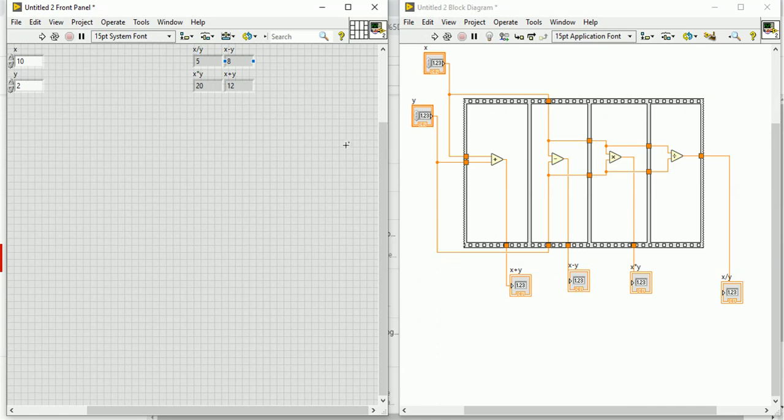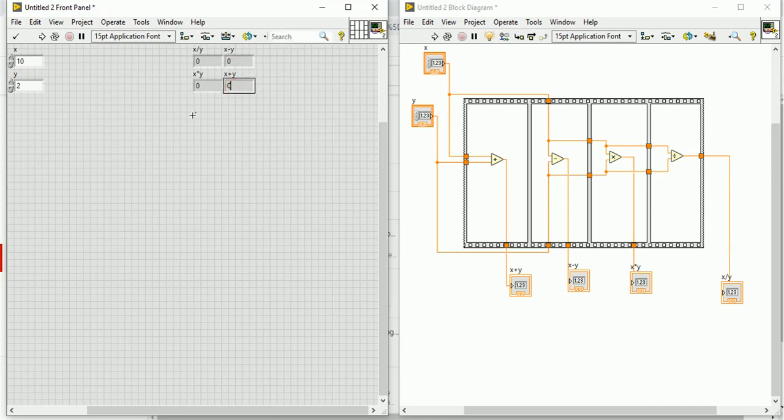But if you want to see it in the highlight execution option, then only you can understand each sequence is performing one by one. That means this plus operation is performed first, then minus, then multiply, then divide. Okay, now let's see. I just turned on this highlight execution option, and then I will clear this 0 so that it will be good to understand which one is coming first.